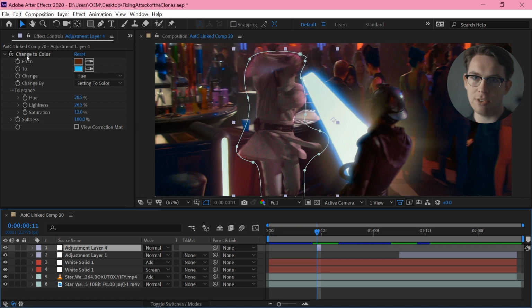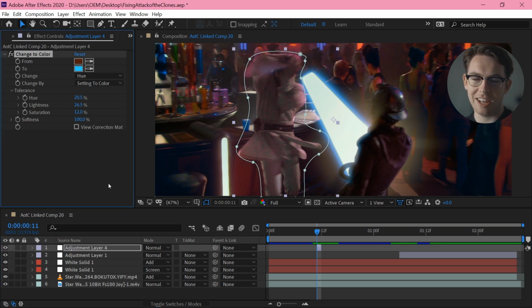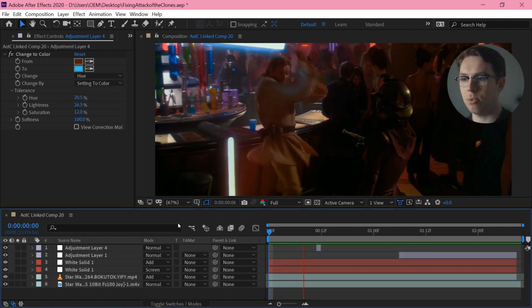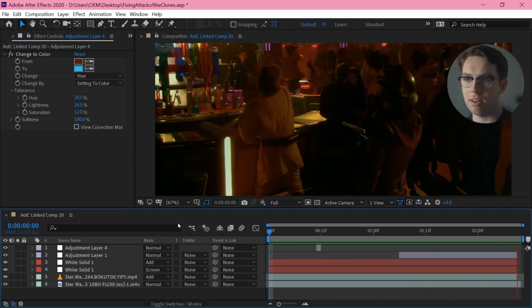I don't know why I've used the change to color. I think probably a nicer way to do it is within hue saturation, or even just bring this frame into Photoshop and paint over it. But there we go. So that's that shot with a little extra lighting and tidied up a bit.